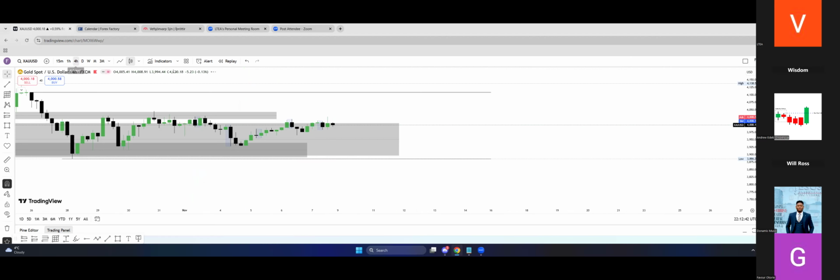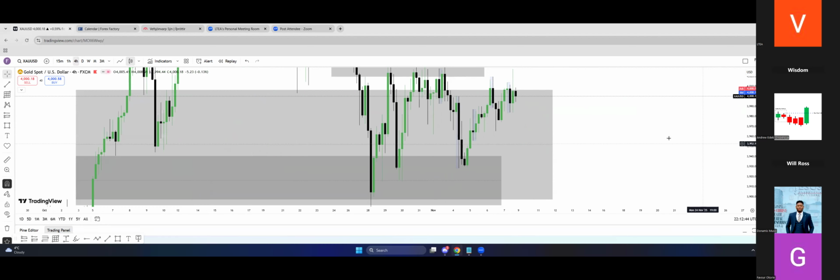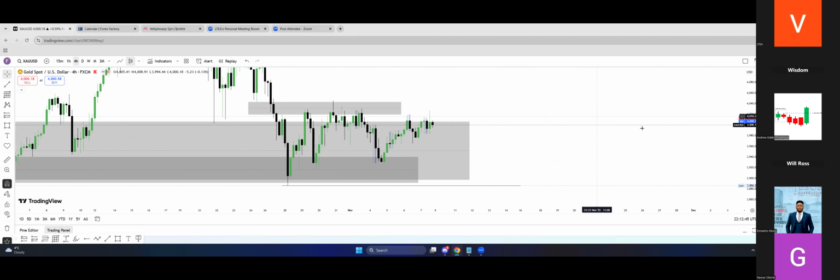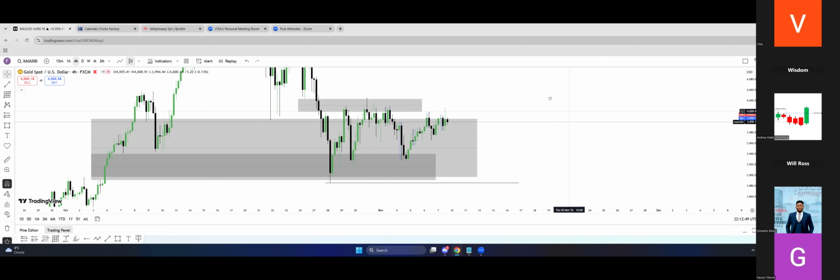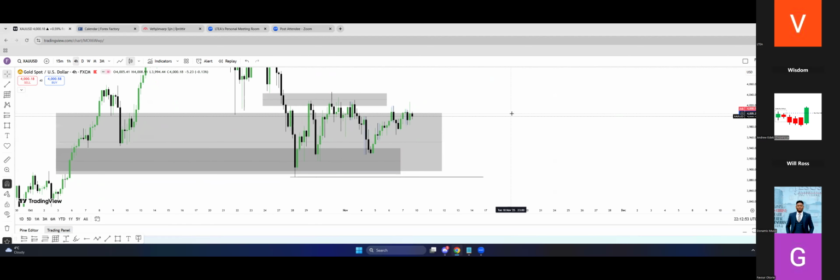Now, if you go to the 4 hour, the 4 hour can also give us a little bit of a clue. From this accumulation phase, what do we have? What do we see? What do we have right here? We did have when price traded into this area, took liquidity, we traded higher, again broke this high. Now price pulled back, took these lows, but still respecting this low. Now price traded higher again. What do we do?